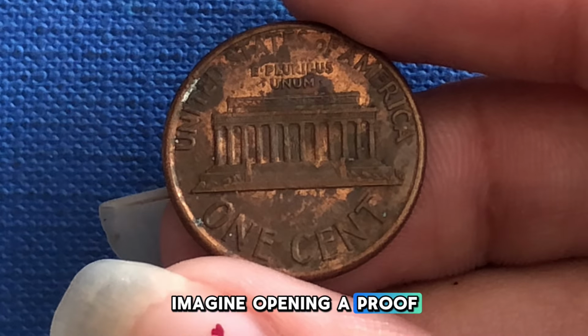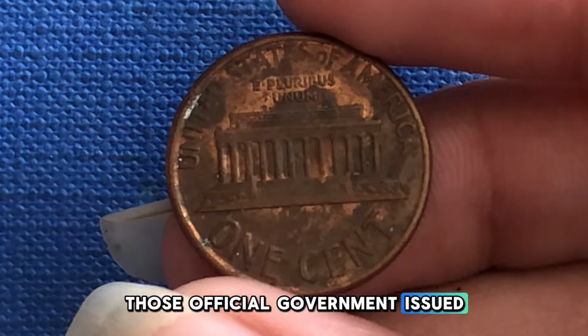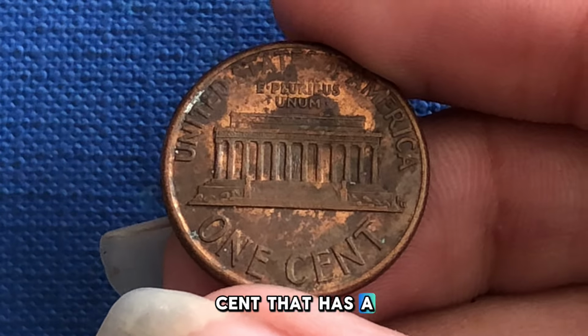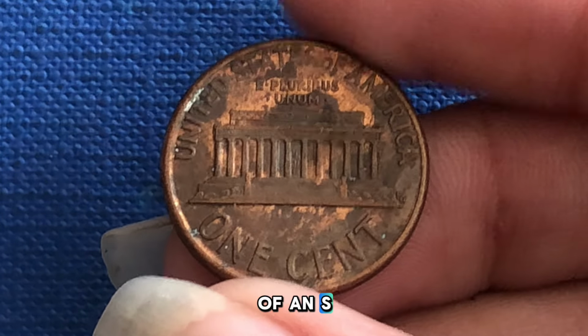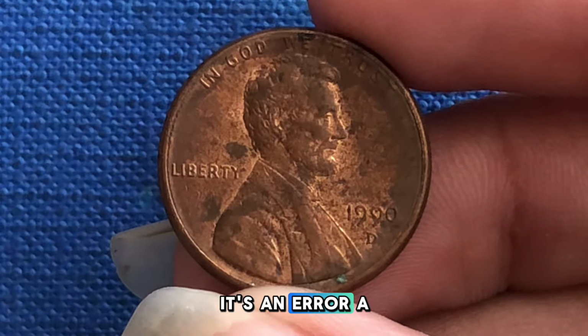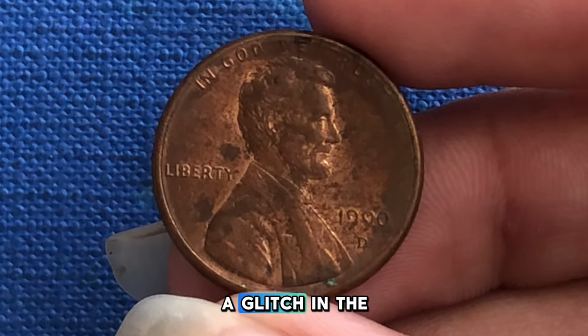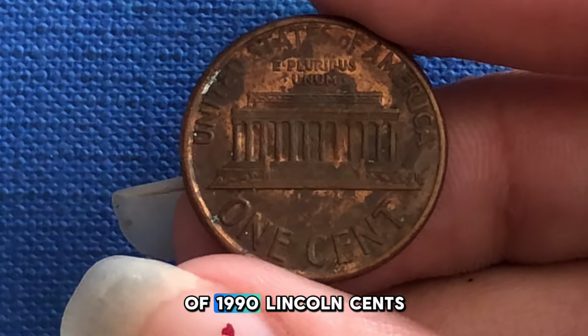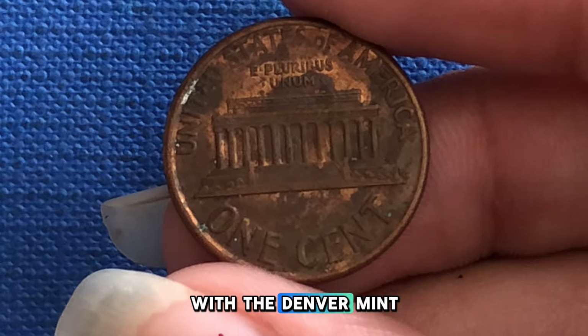Imagine opening a proof set, those official government-issued coin sets with top-quality coins, and seeing a Lincoln cent that has a D on it instead of an S. It wasn't supposed to happen. It's an error. A mystery. A glitch in the minting matrix. And that's what happened. Somehow, a very small number of 1990 Lincoln cents with the Denver mint mark ended up